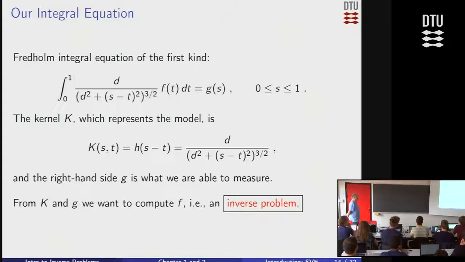When you write it in this form, every mathematician who looks at this will say, oh yeah, that's a Fredholm integral equation of the first kind, and the first thing I want to do is solve it for f. If we want to write that in the generic form of Fredholm integral equations that we saw before, the kernel, the function of two variables s and t, is given by that ratio, d over blah blah blah. So that's our inverse problem that we want to solve.